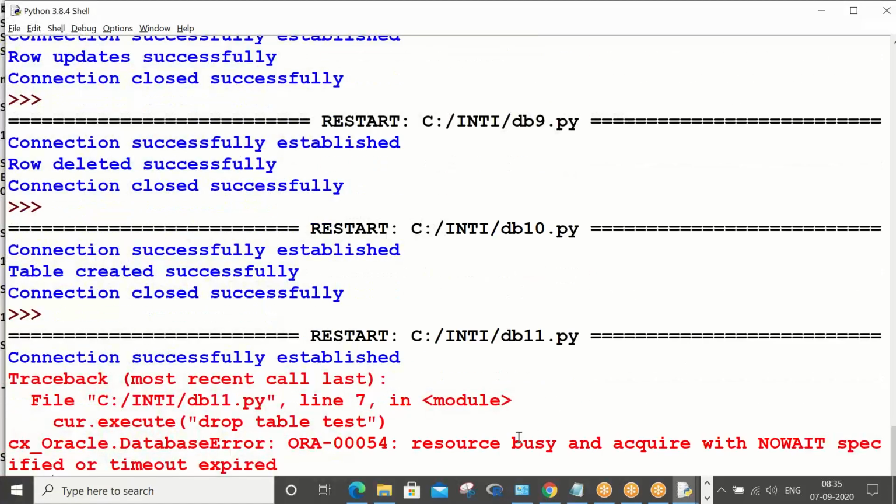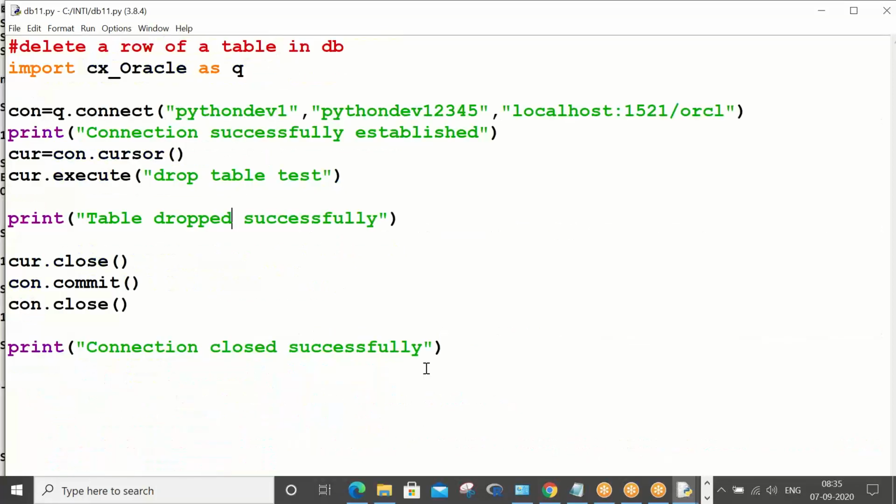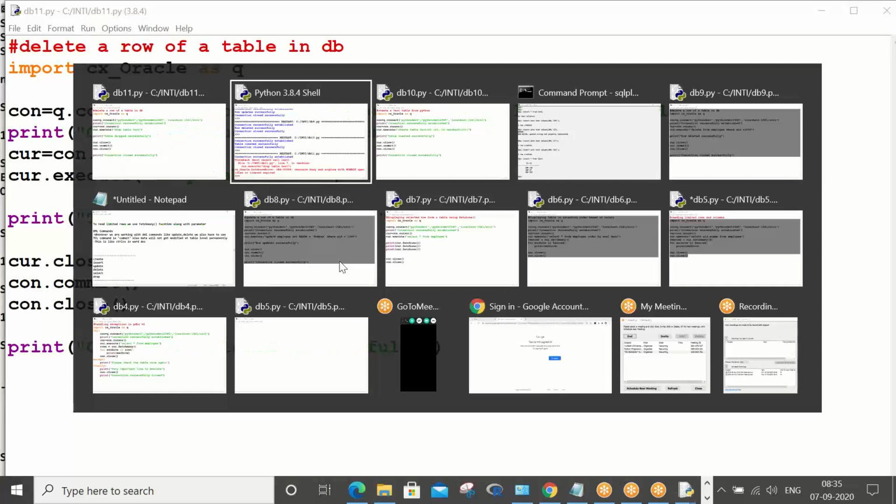Okay, so what is it saying? cur.execute drop table test, resource busy and acquire with NOWAIT specified, timeout. Where is the resource busy?